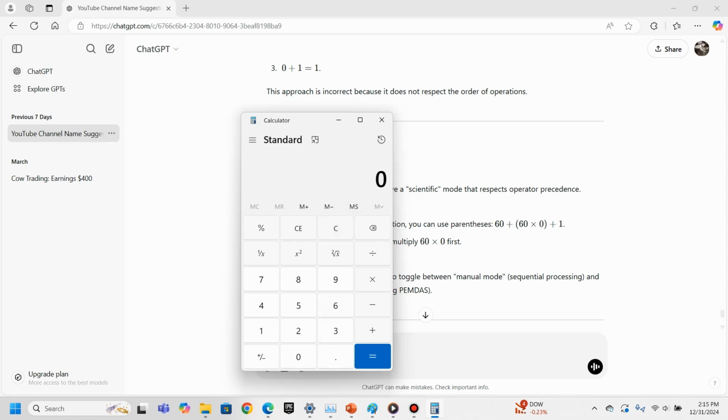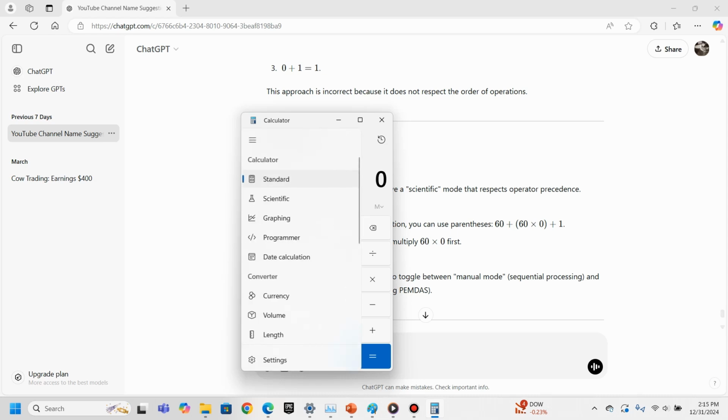So you can get around that by saying, okay, I know the order of operations. I know that I have to go 60 times 0 first. Then I can add 60, and then I can add 1, and you get 61, which is correct. But when you use a calculator in this type of calculator, it's depending on you to understand the order of operations. Now, however, if I switch it to scientific mode,